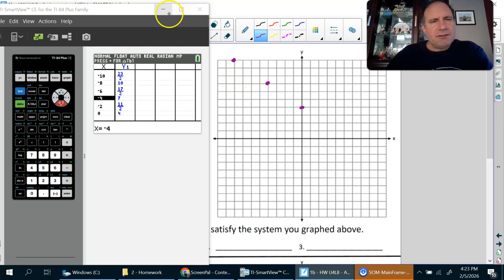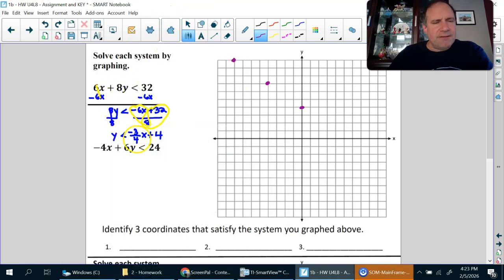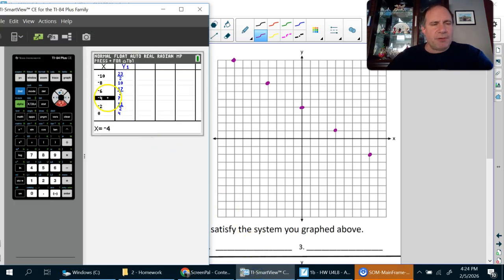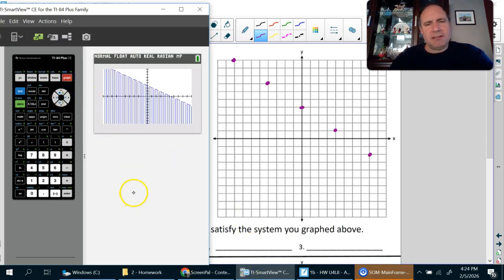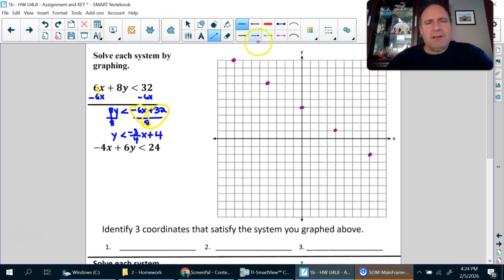The pattern is, now think about it, this slope is -3 over 4, so it's down 3 to the right 4. Down 3 to the right 4, 1, 2, 3 to the right 4, 1, 2, 3, 4, put a nice point there, and you go down 1, 2, 3, 1, 2, 3, 4. And that's basically all you could fit. And just to bring the calculator up again and to see exactly the line that I'm supposed to draw, it's looking the same. All right, so remember, it is a dashed and dotted line,